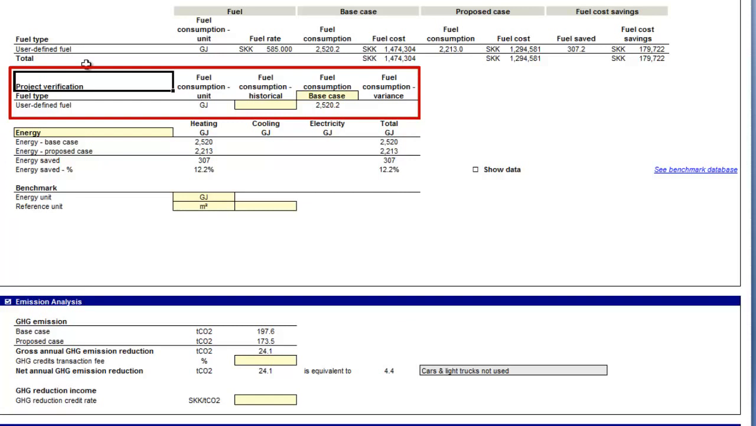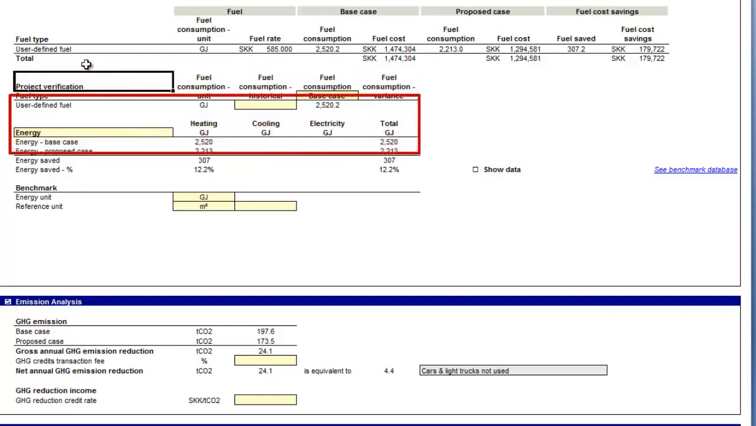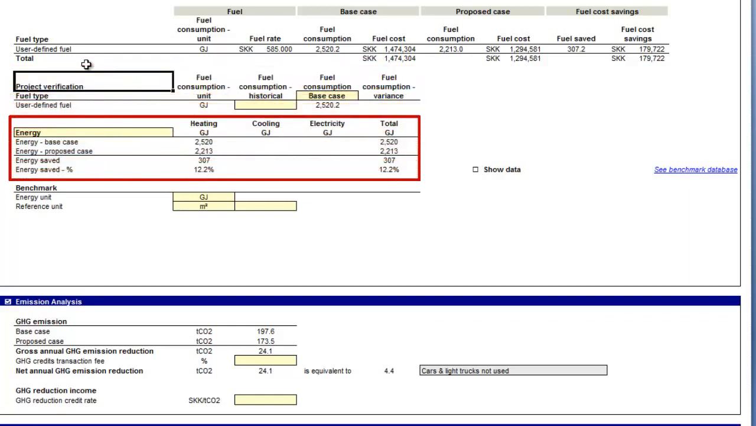Since we do not have existing fuel consumption data for this project, we will not verify this project. For the base case and proposed case facilities, the model summarizes the fuel consumption or energy use and fuel saved for heating, cooling, and electricity. To toggle between fuel consumption and energy statistics, we can click in the yellow cell and select the desired option